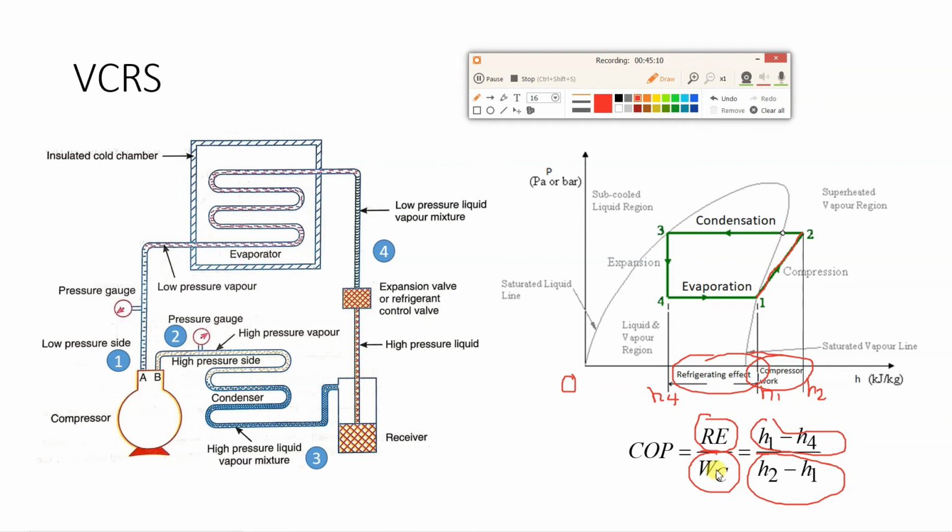Now remember, what is the unit which we are using over here? Enthalpy unit, if you recall, which we had seen on the pressure enthalpy diagram, it was specific enthalpy. Unit was kilojoule per kg. So when we are subtracting H1 minus H4, the numerator has unit kilojoule per kg, and the denominator H2 minus H1 also has unit of kilojoule per kg. So that unit will get cancelled and COP will be unitless. So basically from here what you can understand is refrigerating effect, unit is kilojoule per kg, and compressor work is specific work, unit is kilojoule per kg.